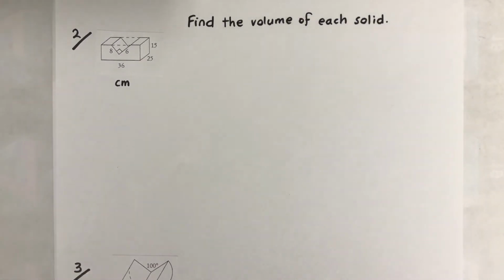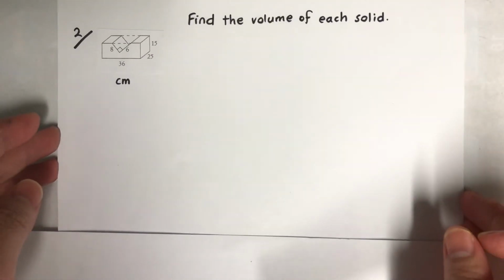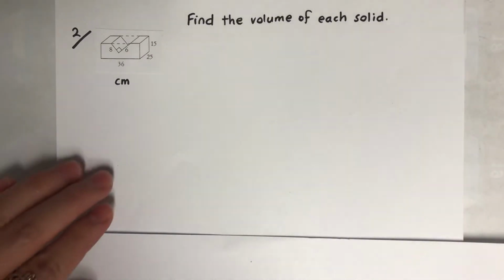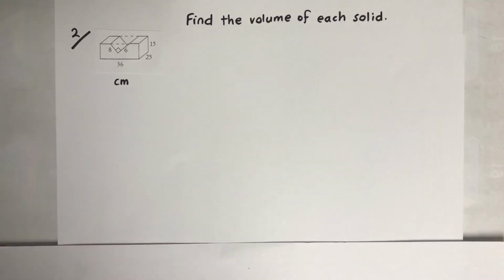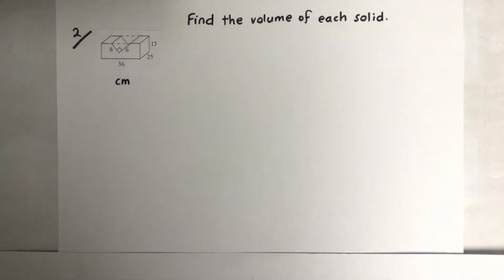So what I've got here is find the volume of each solid. So you've got questions 2 and 3 where we have to find the volume. They're all measurements in centimeters. Let's have a look. So now I can see there are 2 solids here,